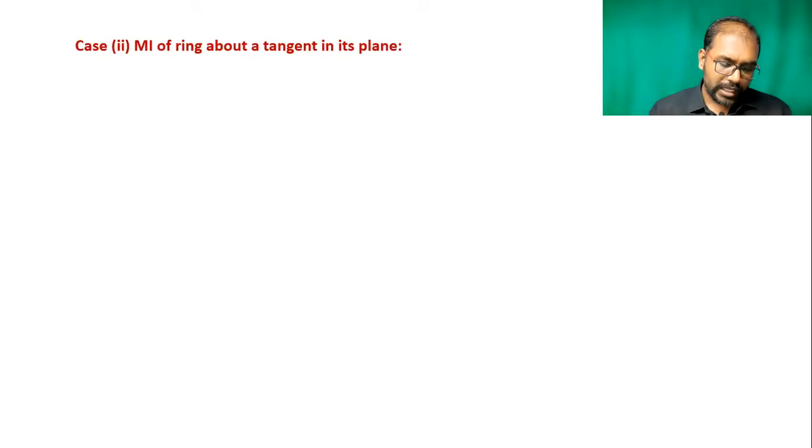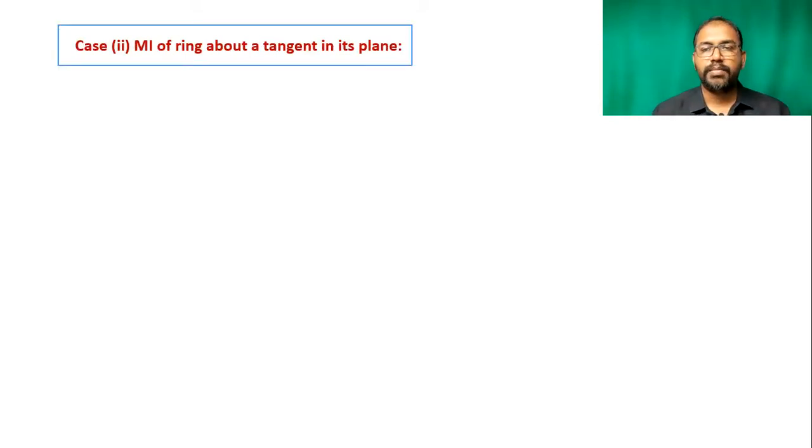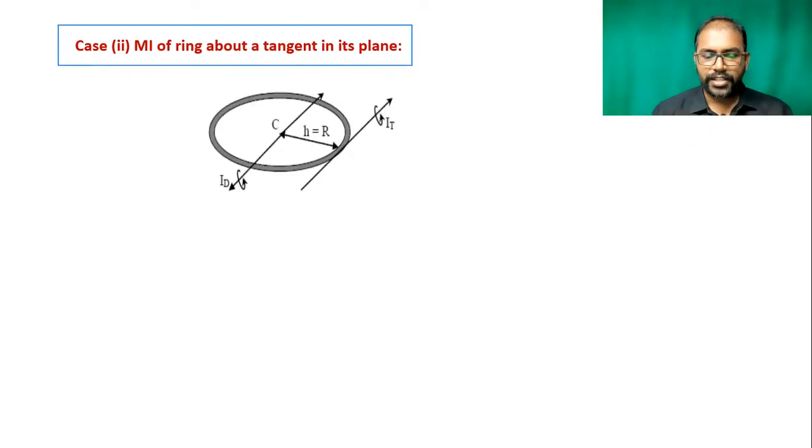Now after that, case number 2 also we have to cover, and it is the moment of inertia of the ring about a tangent in its plane. Now let me consider a diagram. You can see a ring and this is a tangent in the plane. Now this is a diameter. So the moment of inertia about diameter is M R square by 2. And about this tangent we have to find out. You can see this tangent and this diameter axis are both parallel.